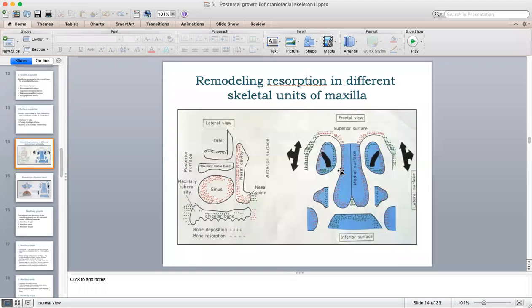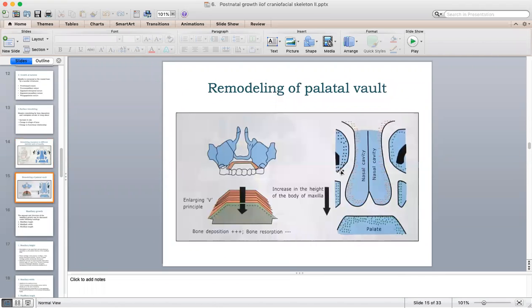So all the prominent areas are formed because of deposition in that area and resorption in the adjoining area. The scalloping occurs because of the resorption and the prominence occurs because of the deposition. This results in growth as well as redefining of the shape of the maxilla. Remodeling also occurs in the palatal wall, in the V direction, just like Enlow has said. The palatal wall goes on growing downwards and the volume of the nasal cavity and the oral cavity increases.